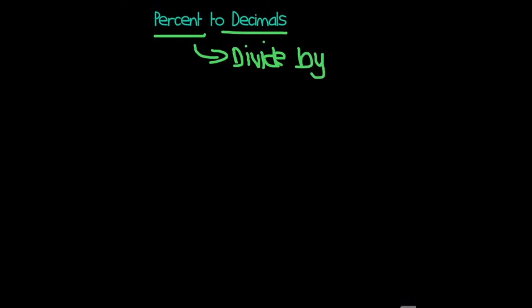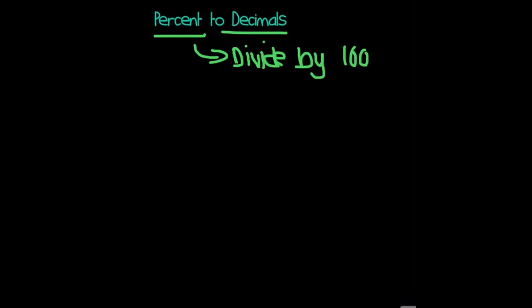So now let's do the opposite. Let's do percent to decimals. So before we were doing decimals to percents, now we'll do percent to decimals. So before we multiplied by 100, now we're gonna divide by 100. In other terms, we're moving the decimal place